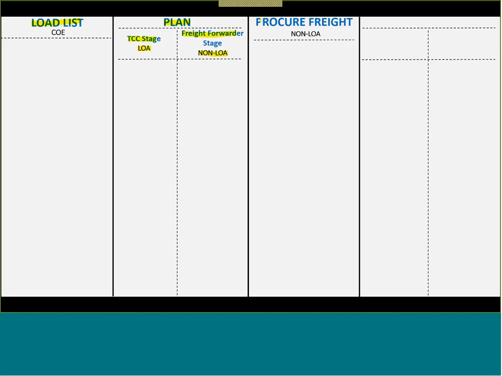The 3rd phase will be the freight procurement. In a non-LOA scenario, we will need to award the freight services to a freight forwarder, and once we have a freight forwarder that will take care of the transportation, then we will enter the execution and monitoring phase,